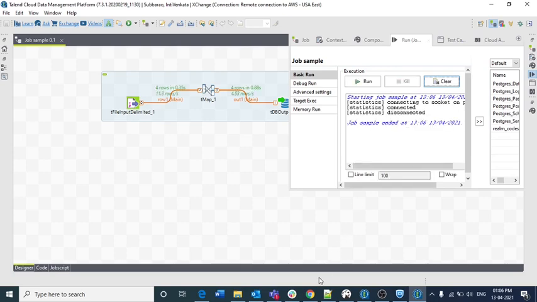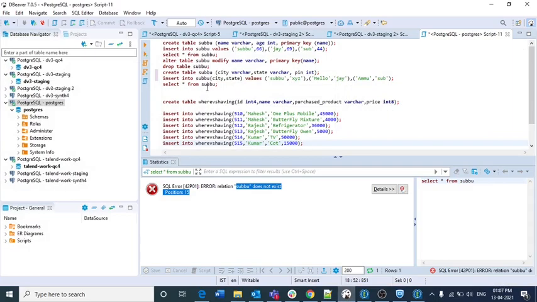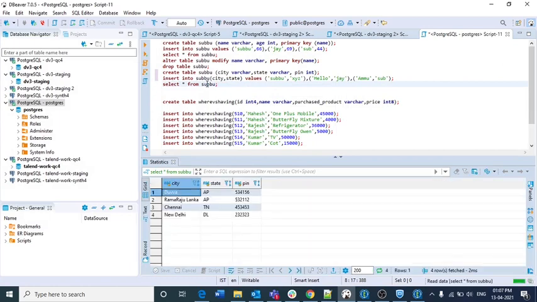Yeah, it connected and disconnected. If you observe here, 4 rows got transferred, and 4 rows got transferred to the DB output as well. So I am going there. If I click again, select star from Subbu, whatever data we have in the input file, I haven't mentioned the schema explicitly as city, state and pin. I just mentioned a single column named address.